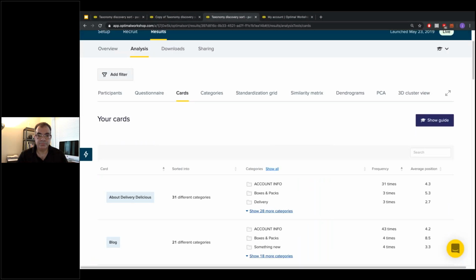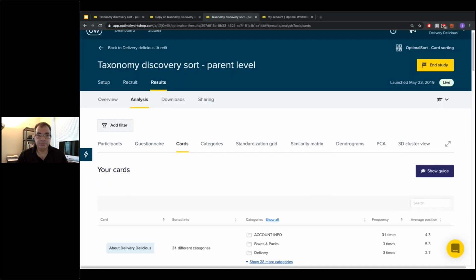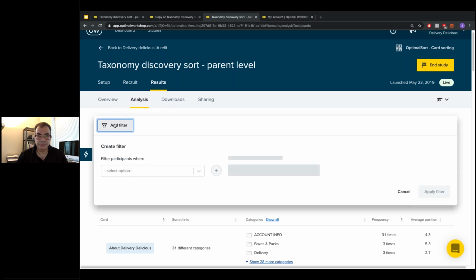So we had a question about being able to filter things by participants' age and role, and that's certainly one of the things that we've used it for. Joel, I'll let you explain a little bit more about that. Yes, 100%. That not only is possible, but is most often absolutely essential to get the most out of your data. I'll jump back into the tool to walk you through what that looks like. We've got this beautiful add filter button here, and that allows you to cut cross sections into your data.